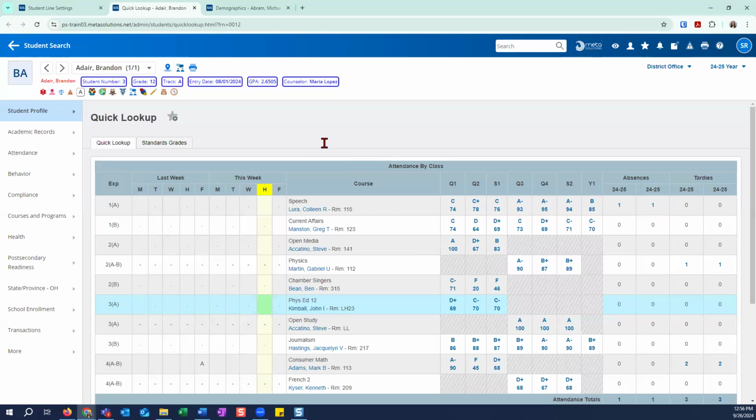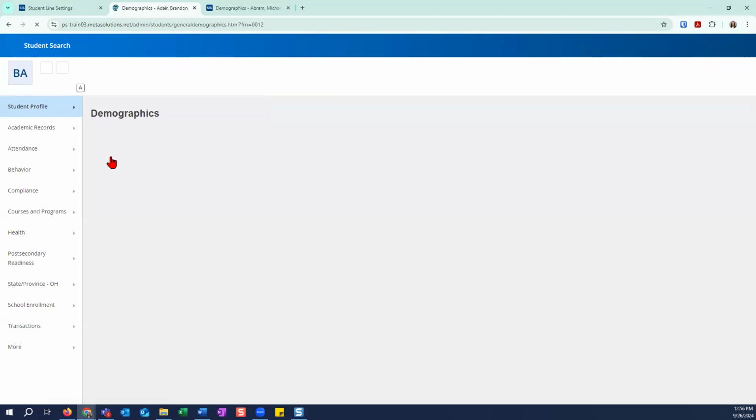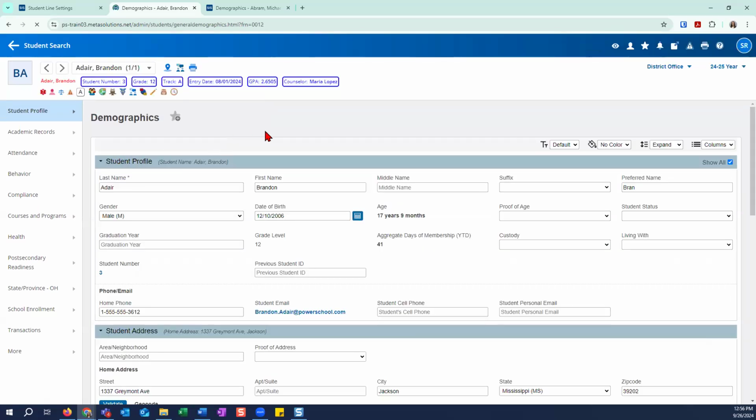Also on our student pages, again, we want to go through some of our customizations available. We have some customized pages. We have a demographics page that we have customized. On this demographics page, each user has the ability to customize how they view this page. So this page is for all admin users when they access a student's demographics page, but each user can individually